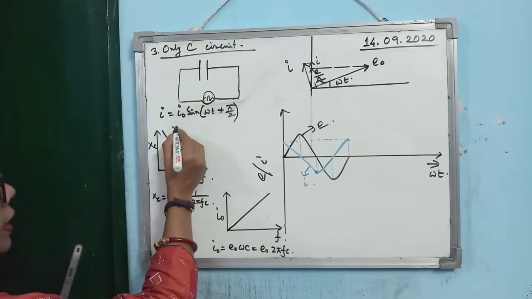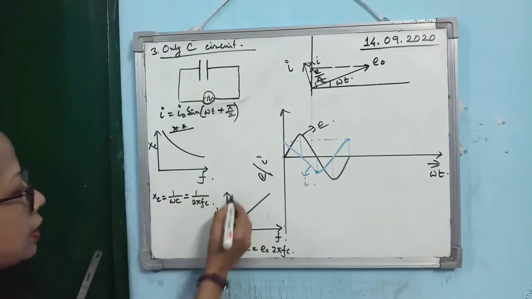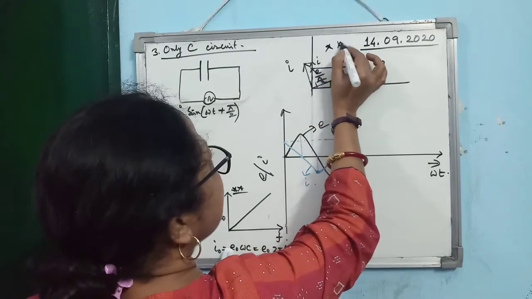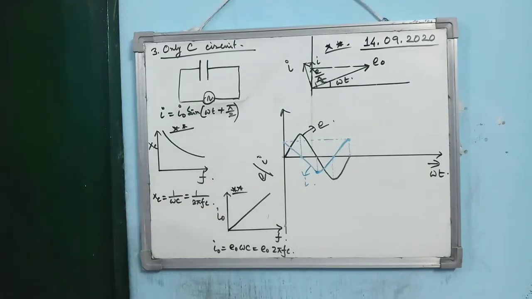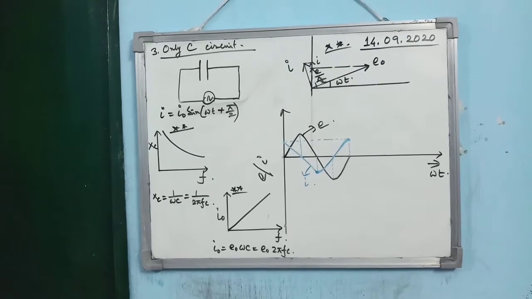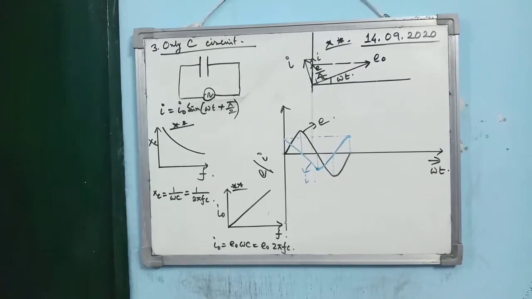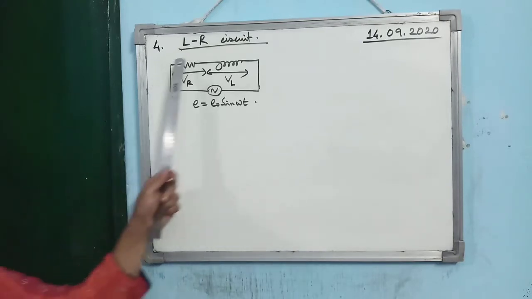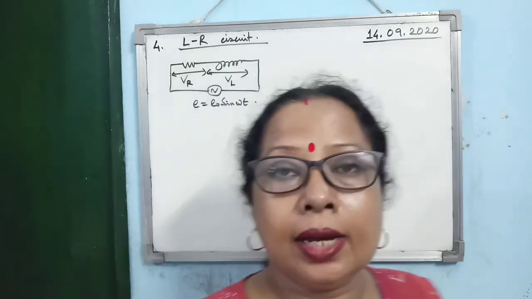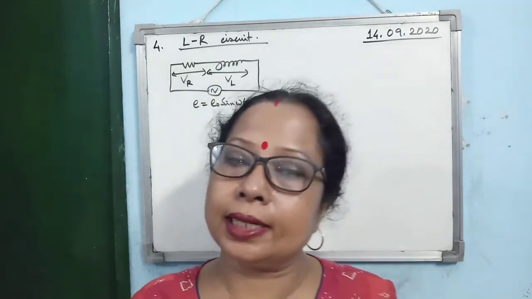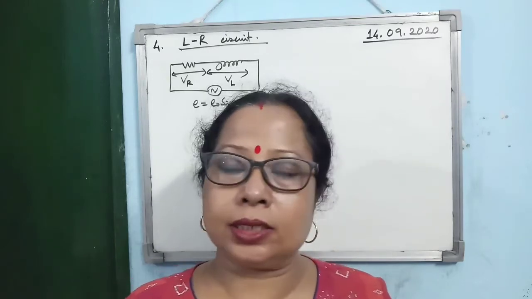So again, this graph is important for exam. This is important for exam concept wise also, and the phasor diagram also important. Is that clear? So you must learn and practice all these 4 diagrams, and remember also the 3 relations I already discussed. Now next one is another important one. LR circuit means what? You have taken one inductor, you have taken one resistance, and you have connected them in series with the alternating current source.